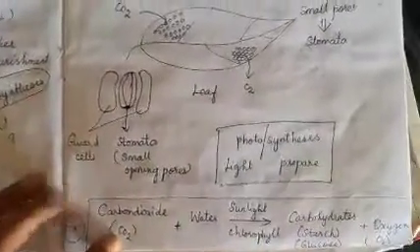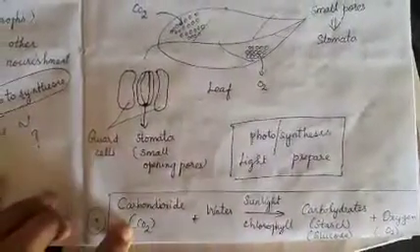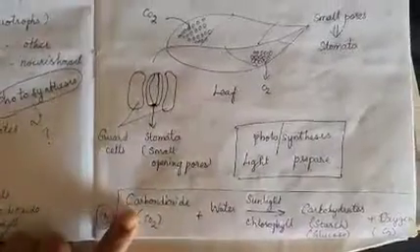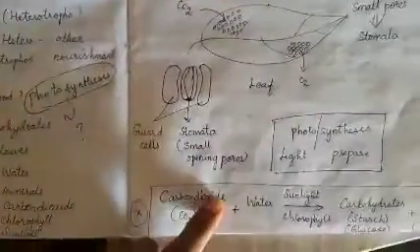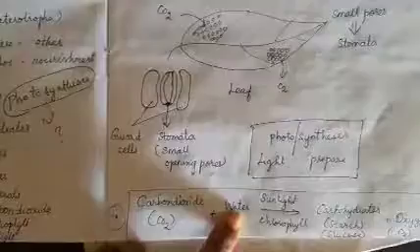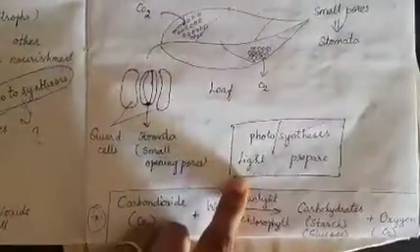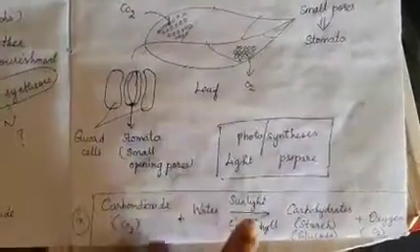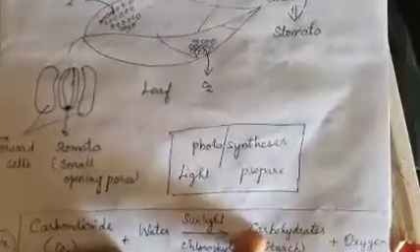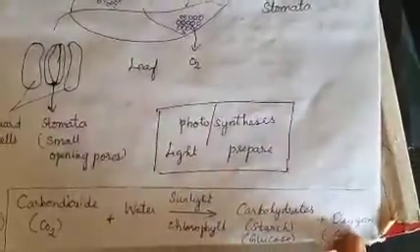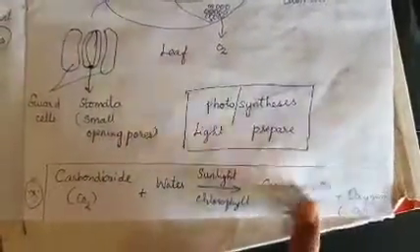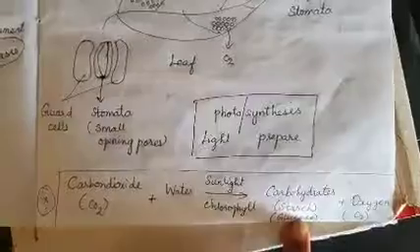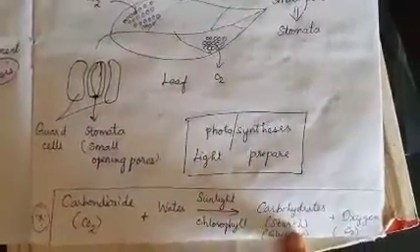So this is a very important equation of photosynthesis. During the process of photosynthesis, you're going to write all these ingredients in the equation. Mind you children, carbon dioxide, CO2, plus water in presence of sunlight and chlorophyll will give me carbohydrates plus oxygen, O2. So oxygen is released in the atmosphere. And where is this carbohydrate stored? That is also called as starch or glucose.